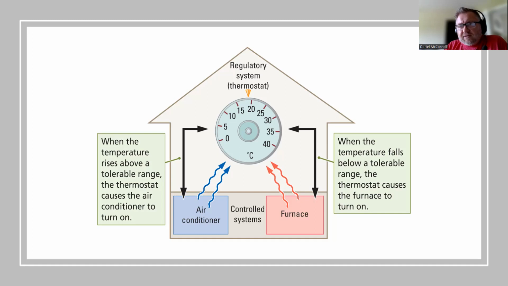Likewise, in the winter, when the house gets cold, we warm the house. So when the temperature drops, now the error signal is negative, and then we raise it back up. So we're negating the error to try to return the error signal back to 0 to keep the house at the set point. So again, we might think that maintaining body temperature works in the same way, having some sort of heating and cooling systems.